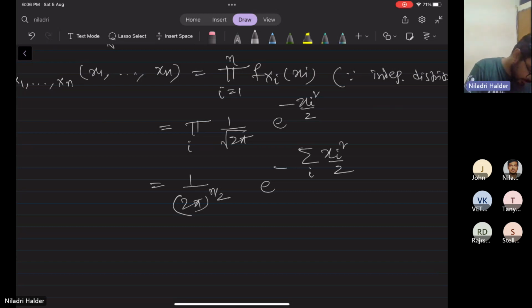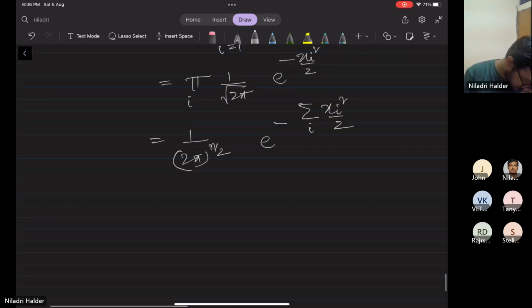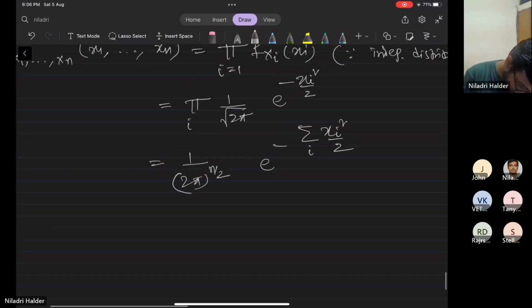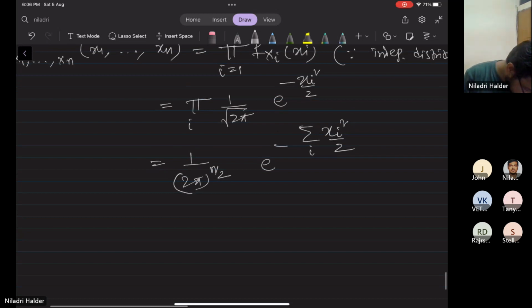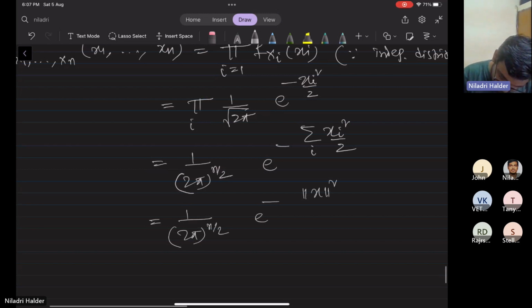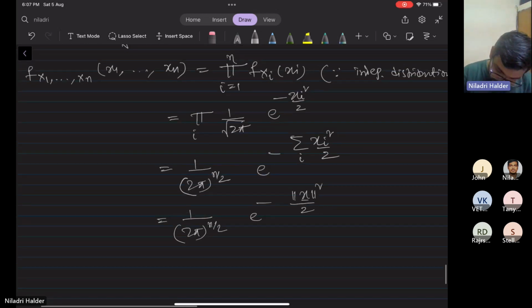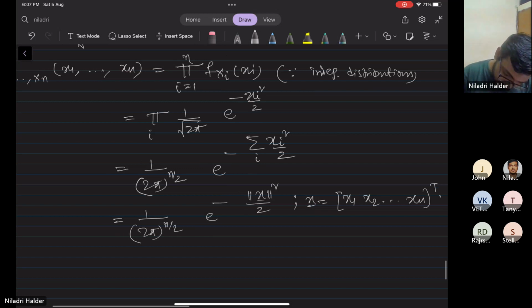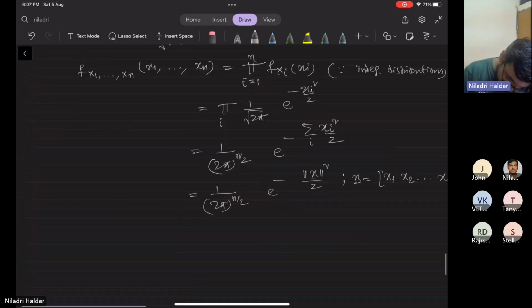So this is the solution. It is the same as the summation, so it's the norm of x square by 2, where x equals x1, x2, to xn. So then the fourth question is